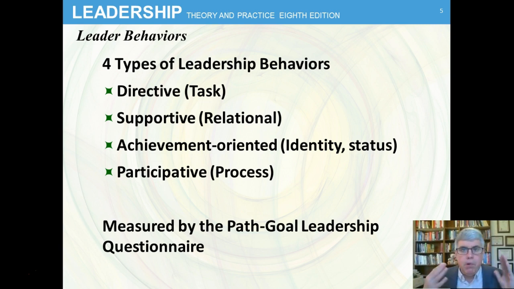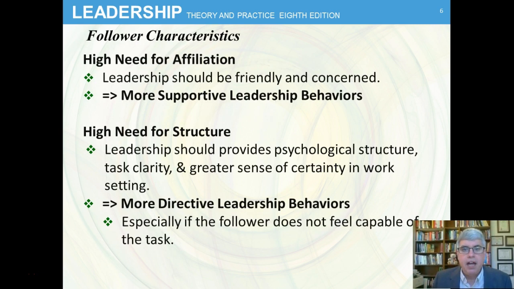So, in order to motivate people as a leader, I'm going to have to use these 4 types of behaviors. But how do I figure out what's the right type of behavior to use in the right situation or circumstances? So for that, I need to consider the people that I'm leading, the follower characteristics. For example,